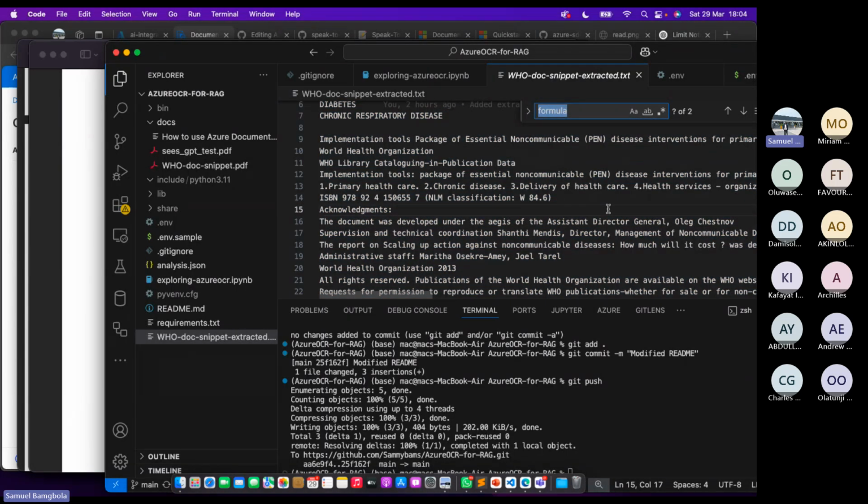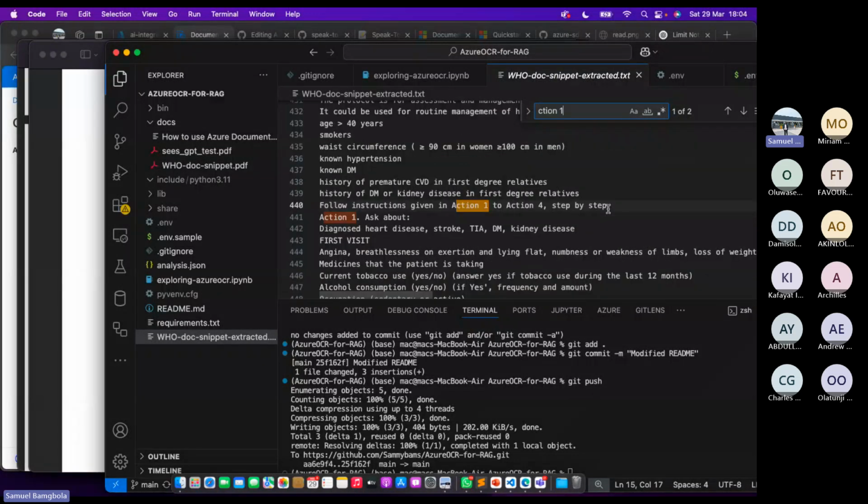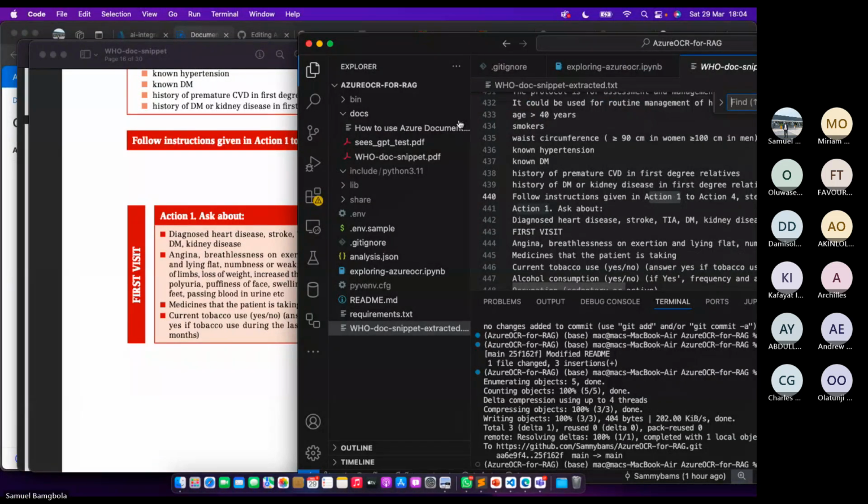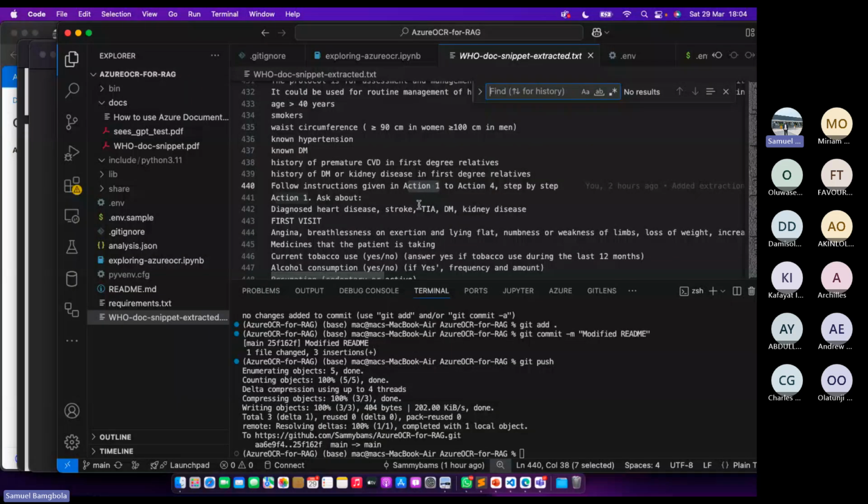Action one. We'll see how it was able to extract the different portions. So you can see here it says action one, ask about, straight up, and it stopped there. Then the next phase, the first point, was diagnose heart disease, stroke, kidney disease, and it picked it out